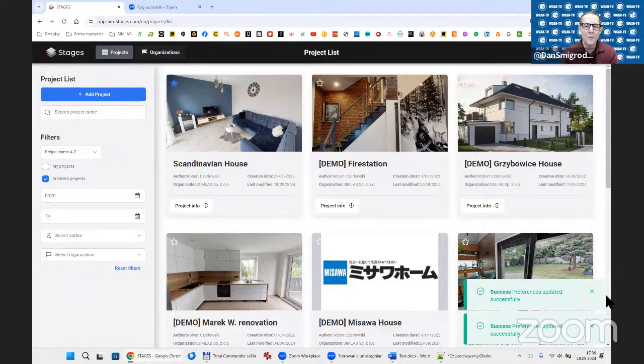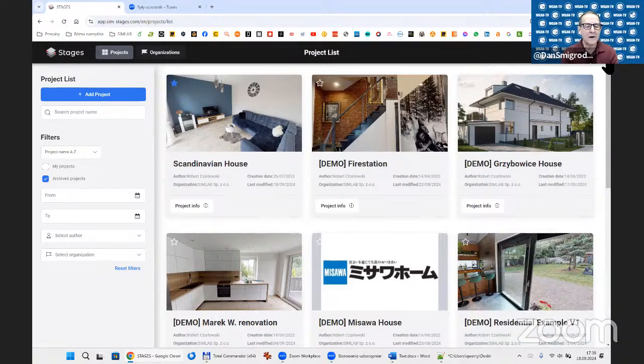So just to confirm, what you've shown us so far are the basic features of SimLab Stages. You showed us how to create an organization, how to create a project, how to add components such as Matterport scans to a project. You showed us Matterport scan synchronization, how to add notes, how to attach material to notes such as photo, video, screenshot, annotate a screenshot, and video.